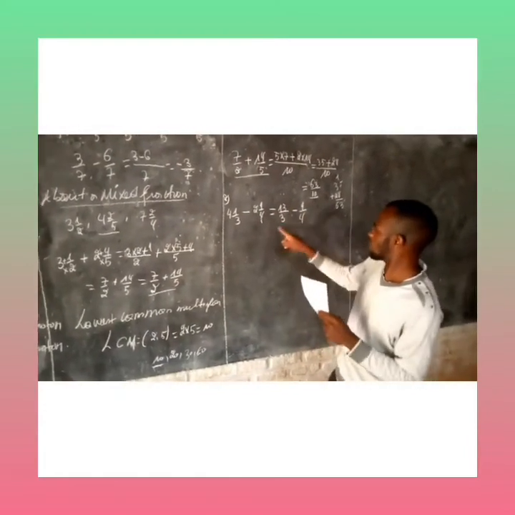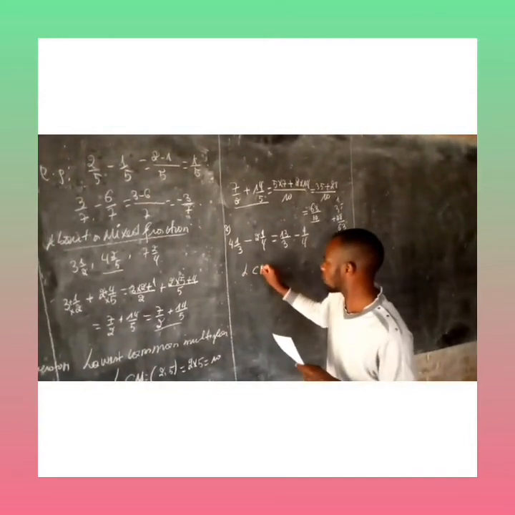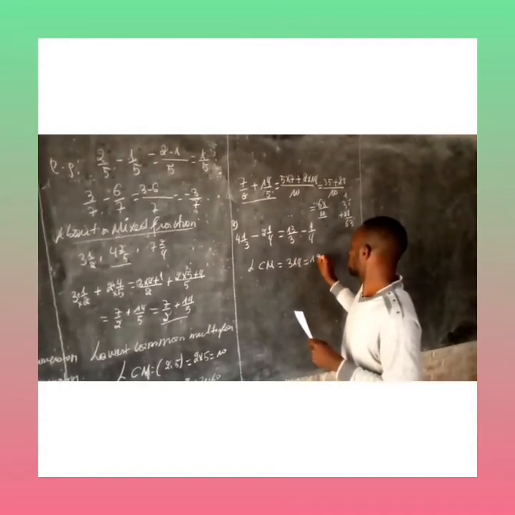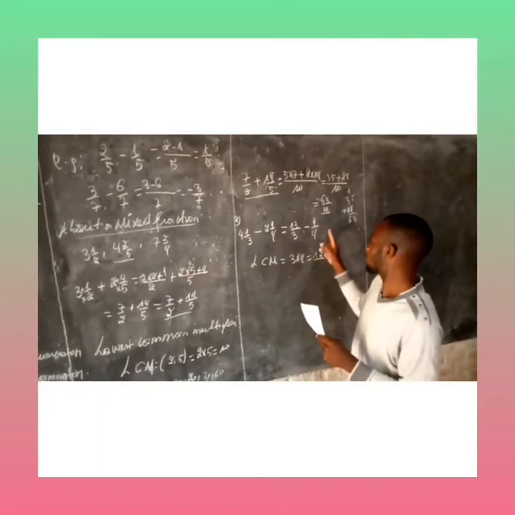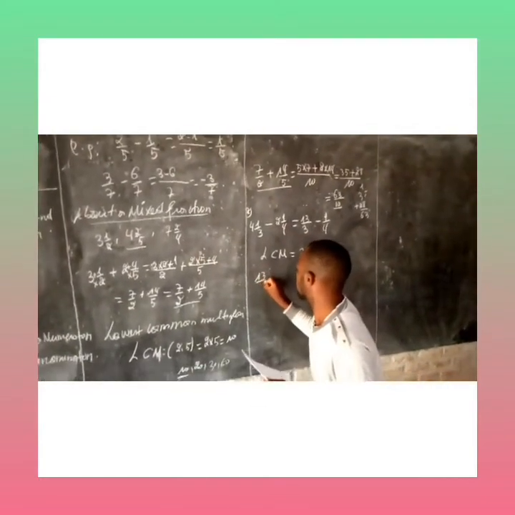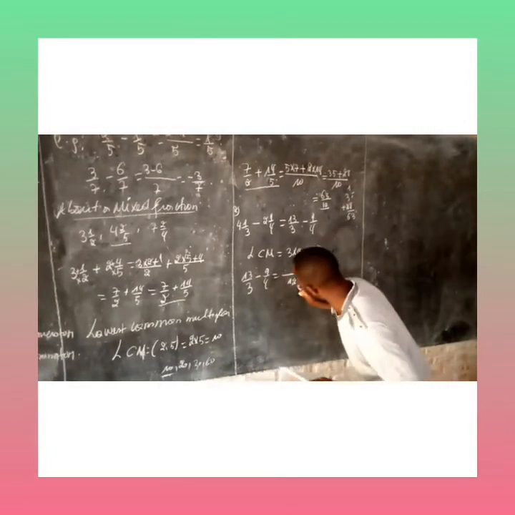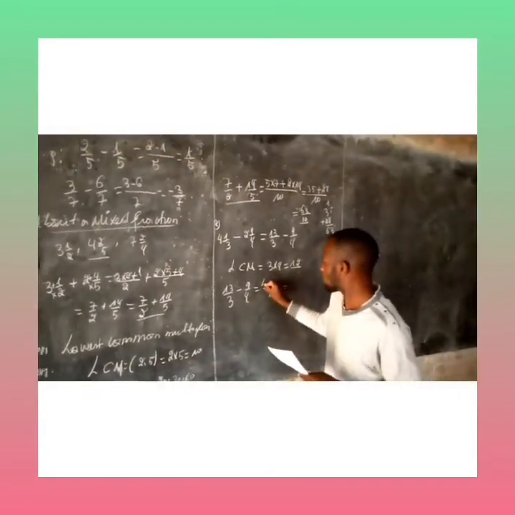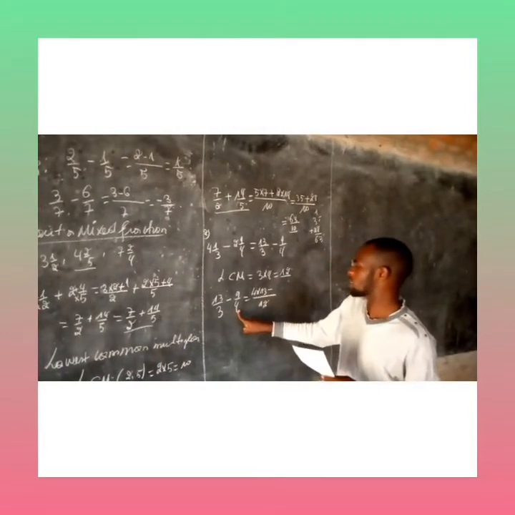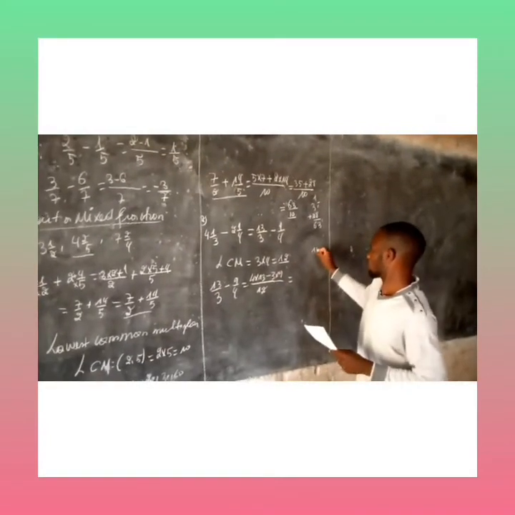Here we have fractions with different denominators. Now we have to find the LCM, which is 3 times 4, equal to 12. The lowest common multiple of 3 and 4 is 12. Now we get 13 over 3 minus 9 over 4, which is over 12. 12 divided by 3 is 4, 4 times 13, minus 12 divided by 4 is 3, negative 3 times 9.